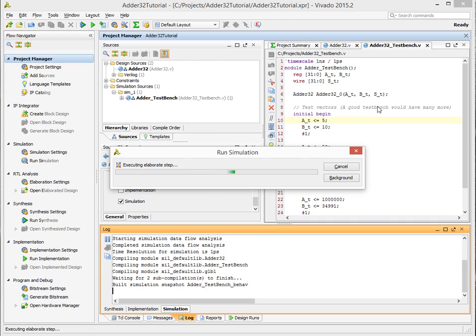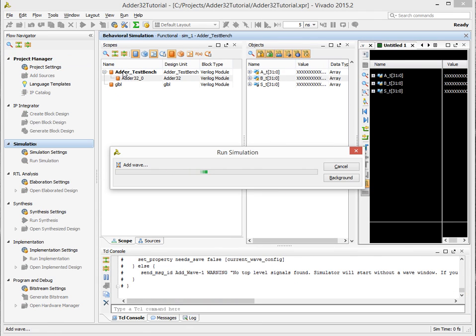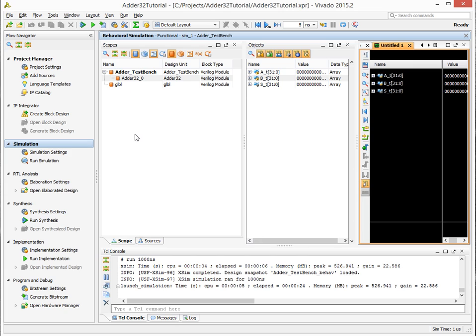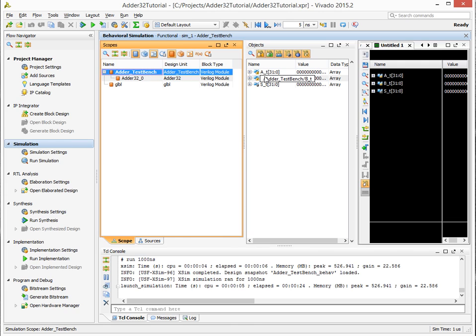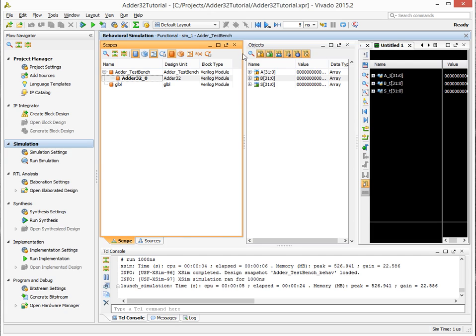So this will take a little while to create the necessary files to allow us to simulate the design. What it'll end up opening for us is a slightly different view of the system that will have a waveform showing us what those outputs are, and it'll show us the components in our design along with the inputs. So in the behavioral simulation view that we get here, we have our adder32 test bench that has signals A sub t, B sub t, S sub t. You can see the instance here called adder32.0,